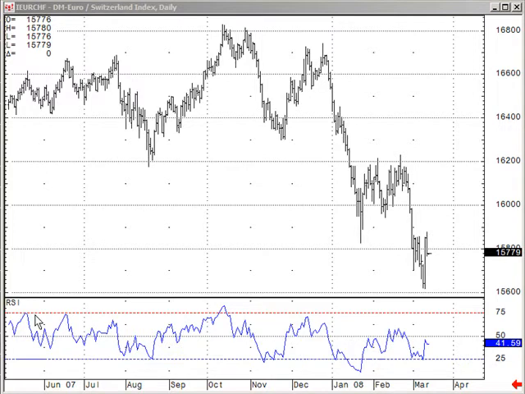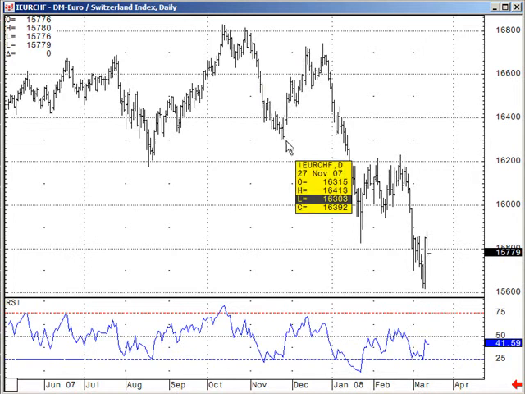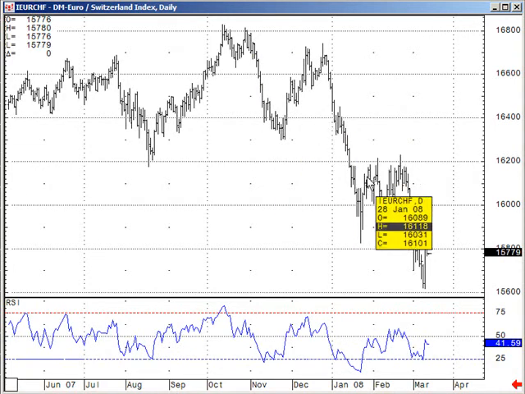The wave principle suggests that the third wave, in this case I'm using Euro-Swiss on a daily chart, is typically the strongest wave. In this case we have 5 waves to the downside, so the third wave is a decline. The point of recognition is some point in the middle when people realize what the trend is, usually as you break through the bottom of wave 1. What we're looking for is somewhere beyond that point for momentum to bottom,